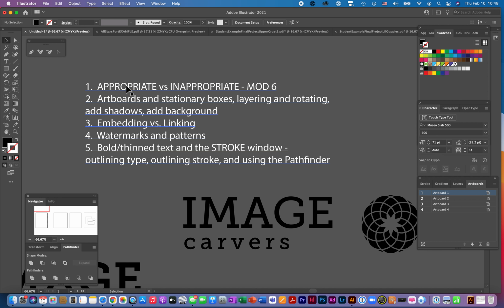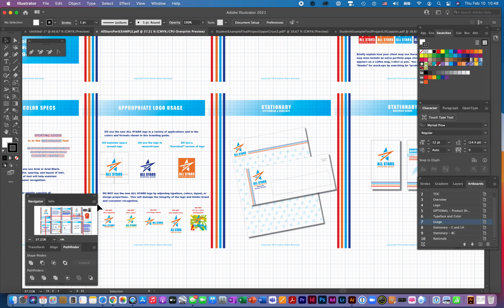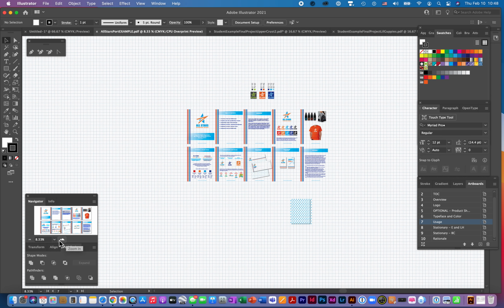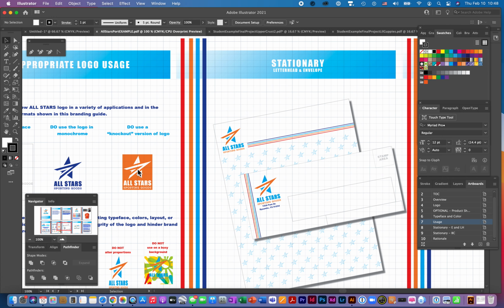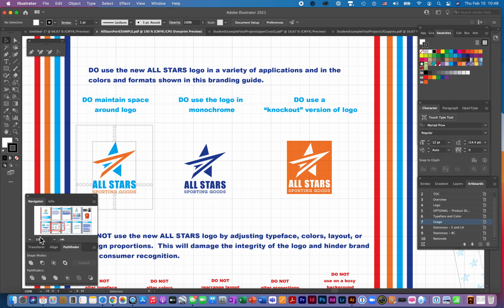The best way to find out what I mean by this and what you need to do for your portfolio is to look at those portfolio examples that I've been attaching to several of the announcements over the last few weeks. So I just uploaded a couple of those here. This is the portfolio for All Stars that I posted for you guys. But if you look at the appropriate versus inappropriate usage, you do need to have a minimum of 3 of